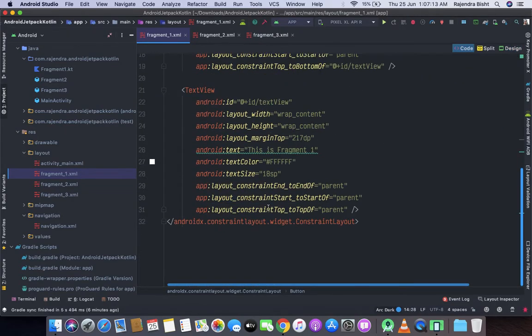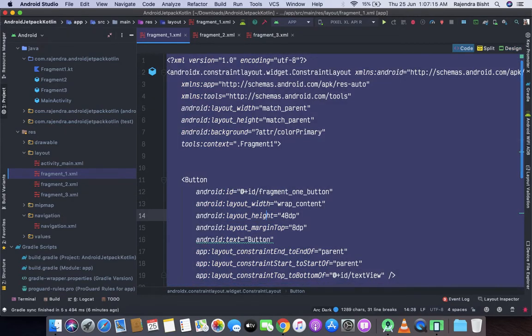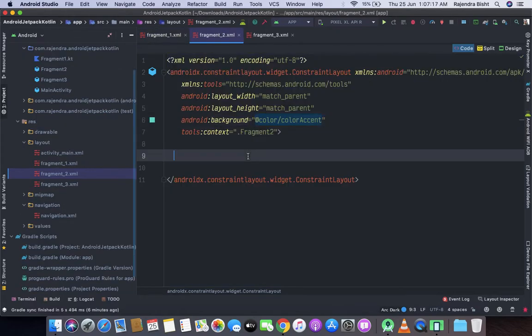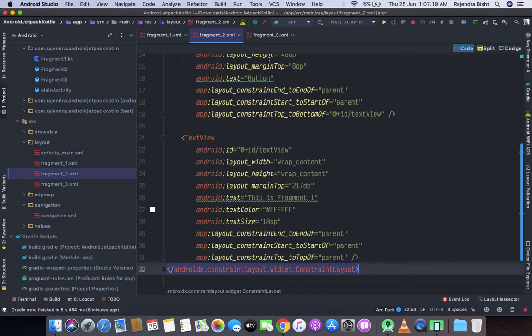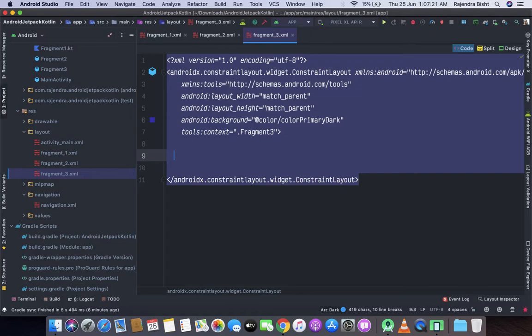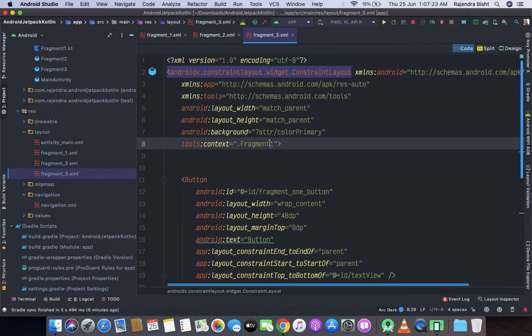So I am going to copy this code and paste it to fragment 2 and fragment 3.